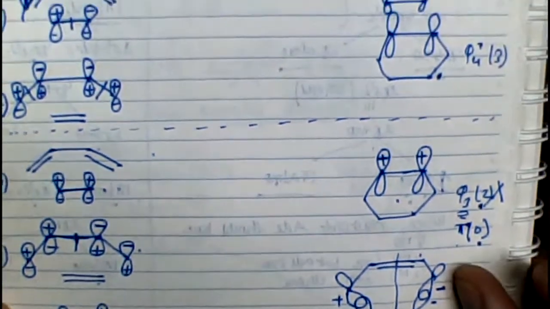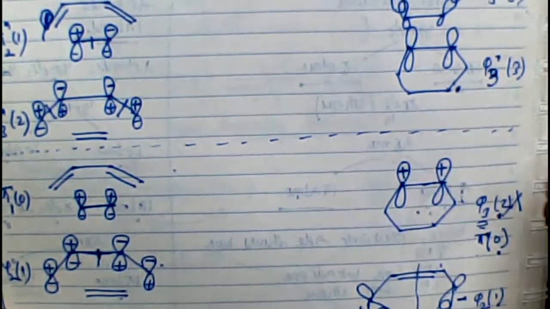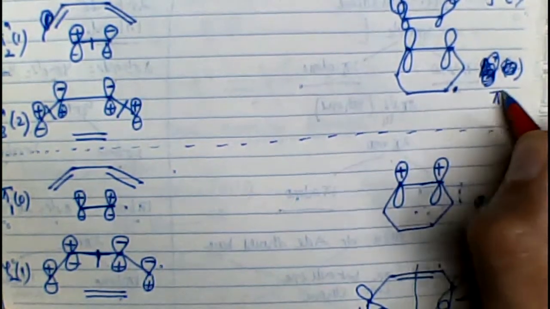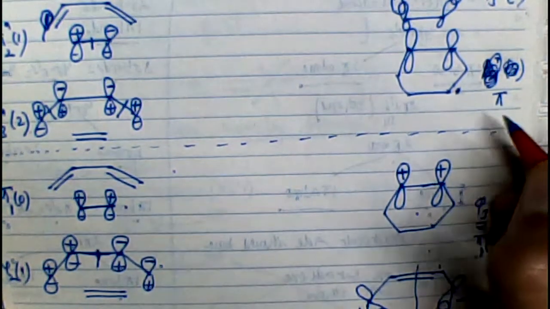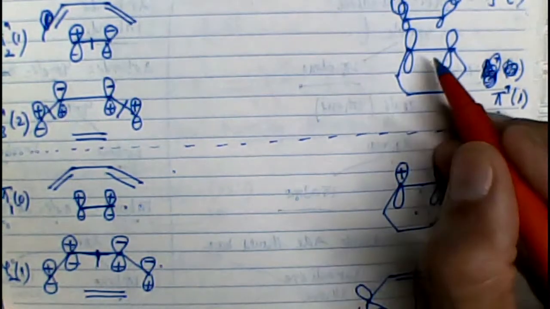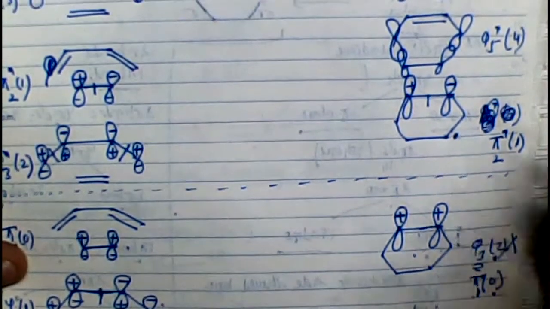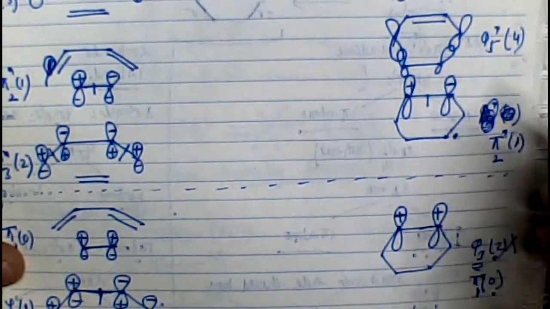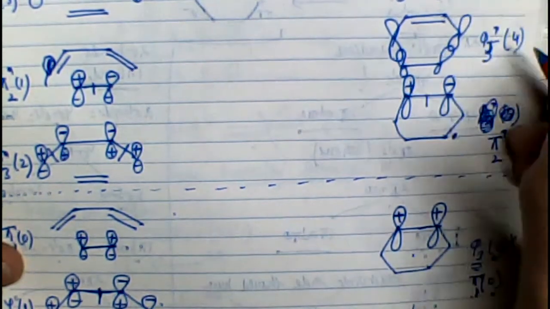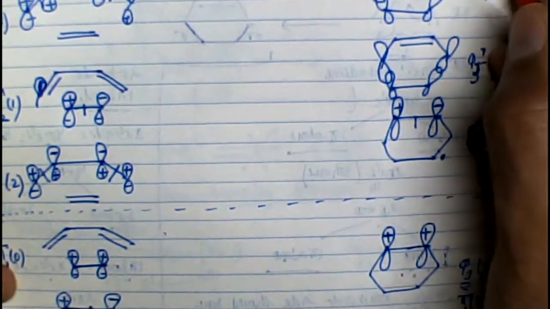Okay. Therefore I should change the name. I should call this psi 3 here, right? I'm sorry, this should be called as pi. If this is pi 1, this should be pi 2 with a star sign and having 1 node. Where should I keep the 1 node? Here only. If this is plus, this would be minus, right? Then the psi 5. This should not be psi 5 now. This should be what? Psi 3. And this should be psi 4. If it is psi 3, it should have 2 nodes. If it has psi 4, it should have 3 nodes. This should be the orbital picture.